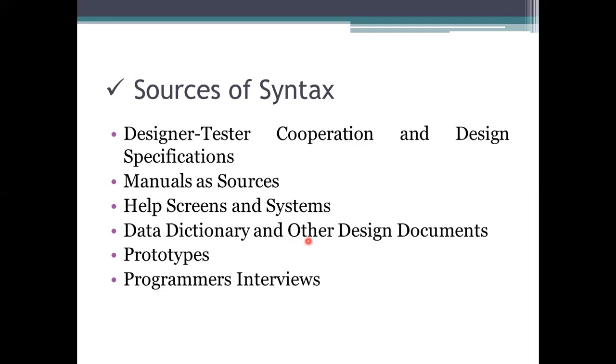Coming to the next one, data dictionary and other design documents. We have some internal header language, meaning sometimes metadata will be there. It defines the data about other data. We won't have the complete information by reading just that one, so we need to get the information about it. Whenever we are dealing with a database, when keys are created, there is data about the other tables. Only by getting into that other table will you get the complete information. So data dictionaries also help for the processing.